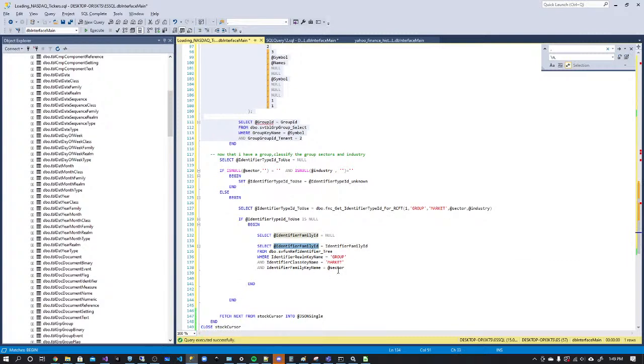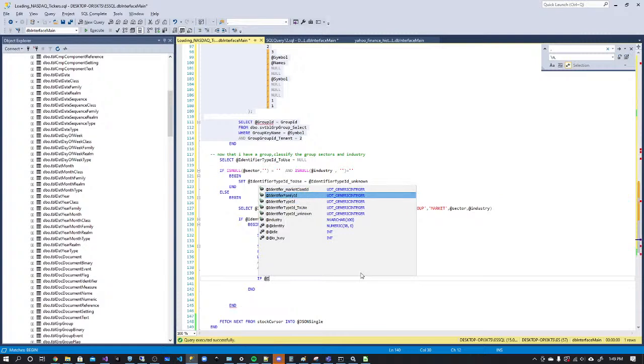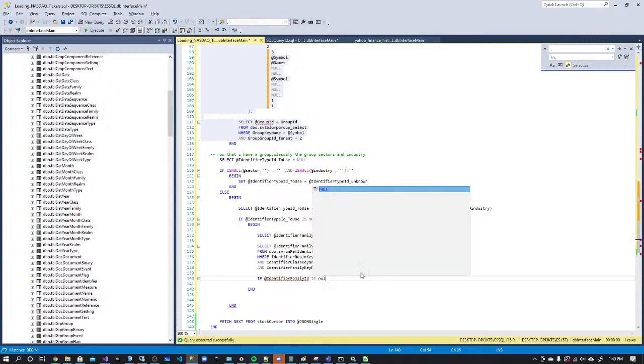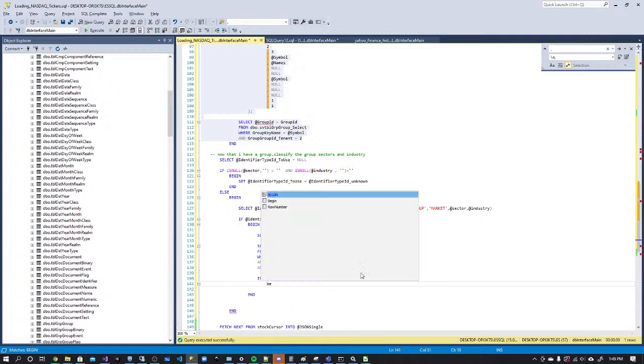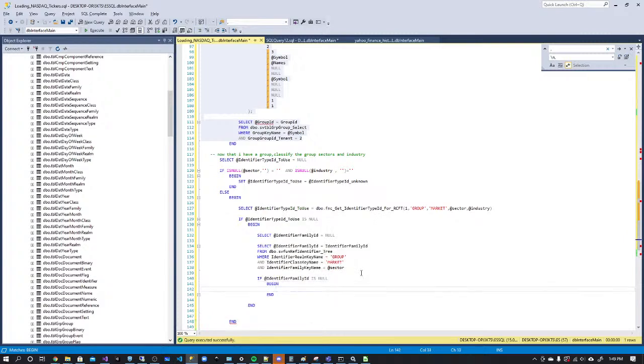So we're going to get the data from here. If the family ID is still null or is null, then we have to add it. So we will